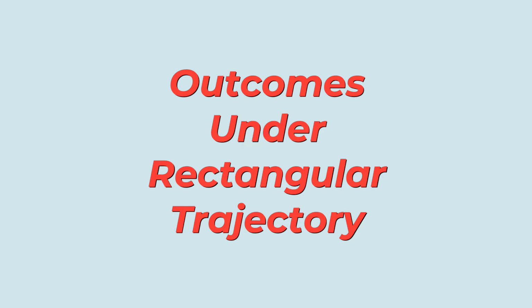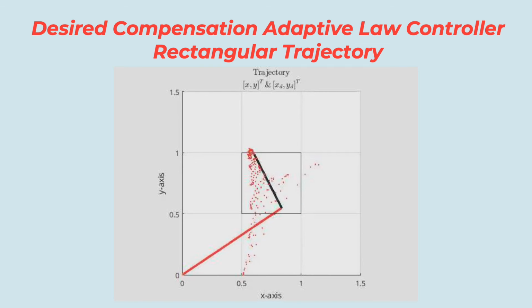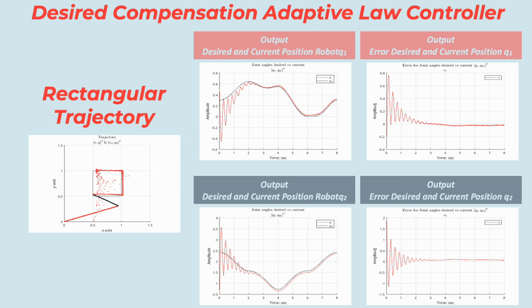In this part, the performance of these controllers is presented after simulating a rectangular trajectory. Desired compensation adaptive load controller following a rectangular trajectory. The following